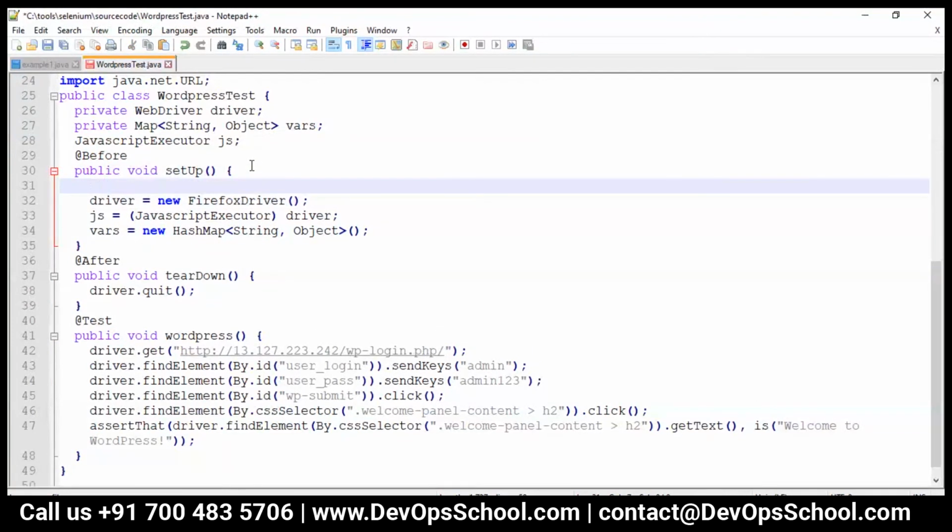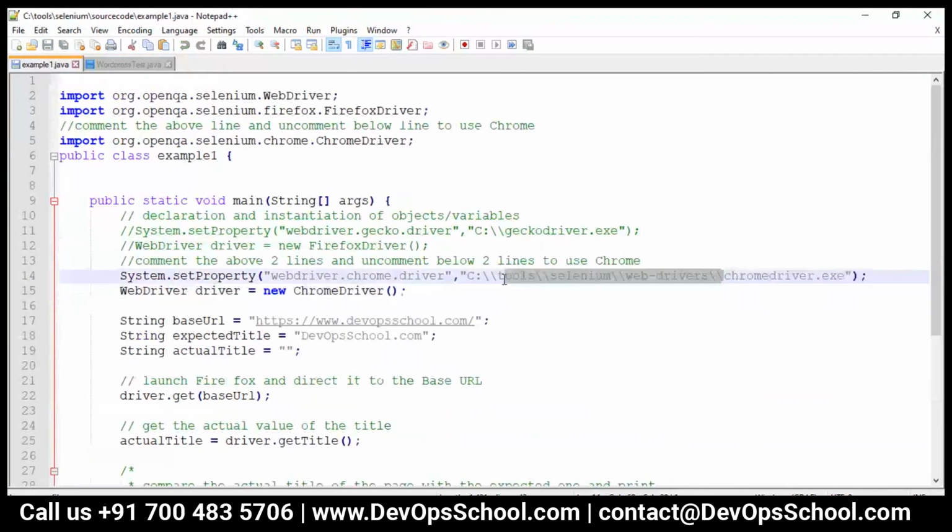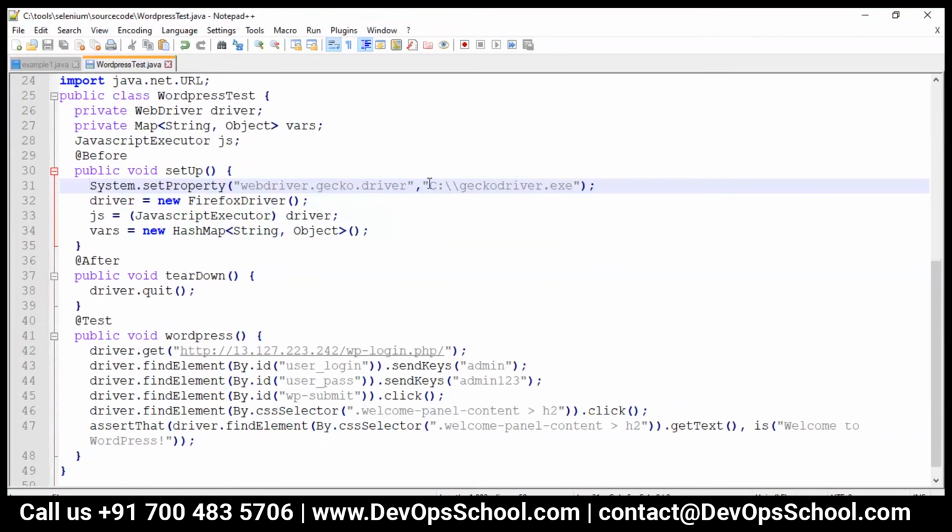Let's not do that. Let's use this system web driver. The path should be this one: C tools Selenium web drivers.